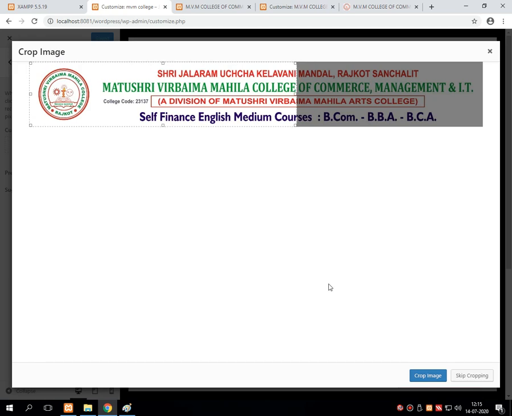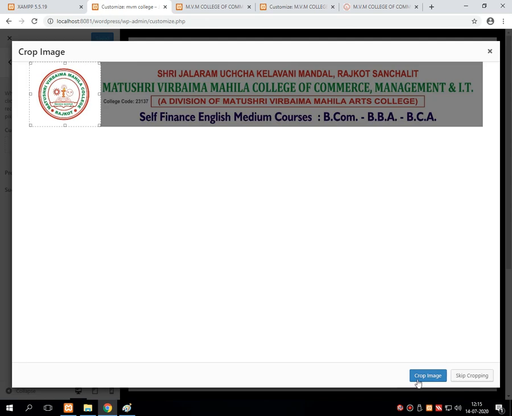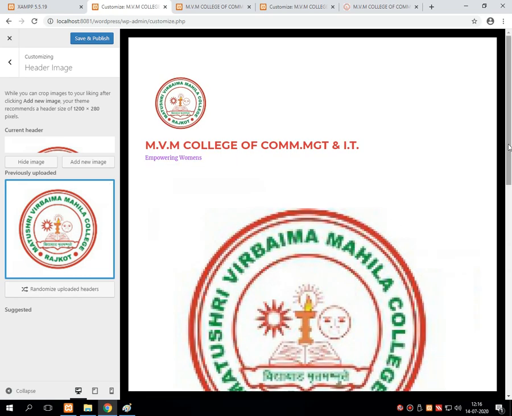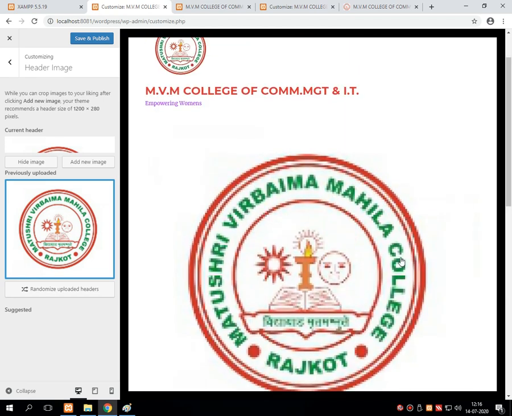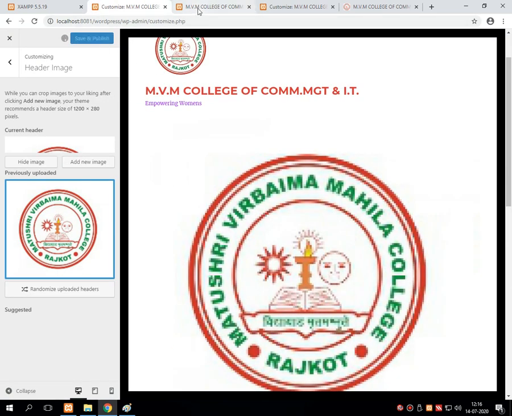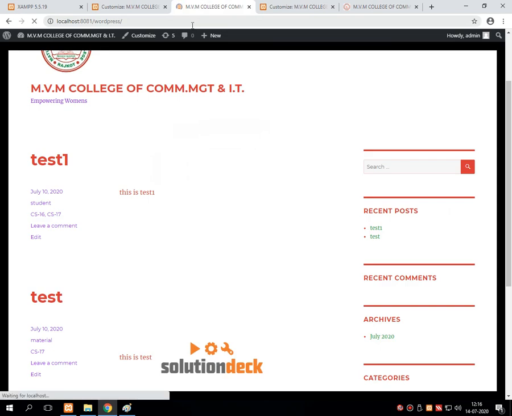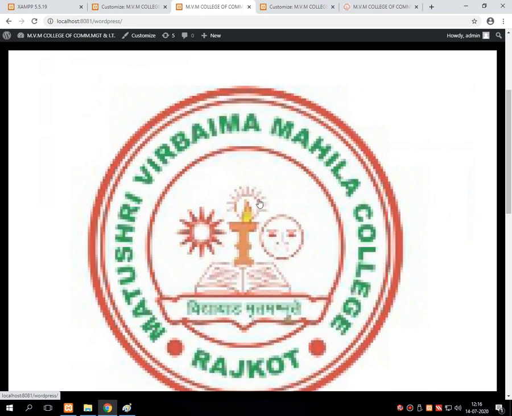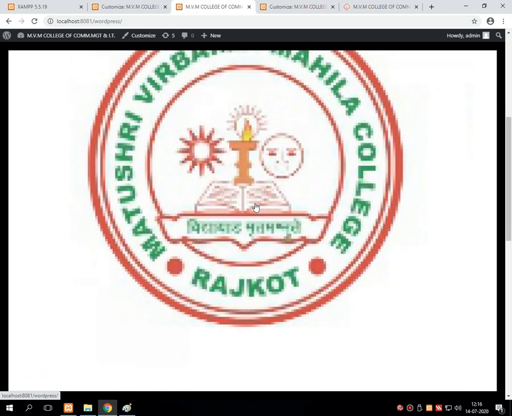Say for example, suppose I am taking an image up to this particular portion. This logo will be displayed over here. See, the image is not proper because cropping is not done properly.